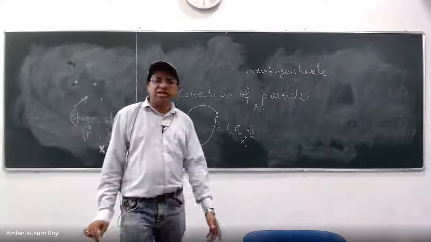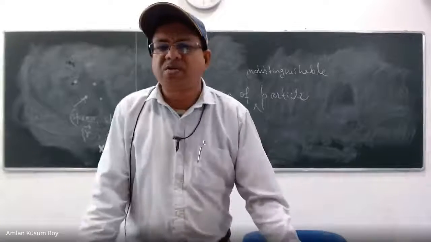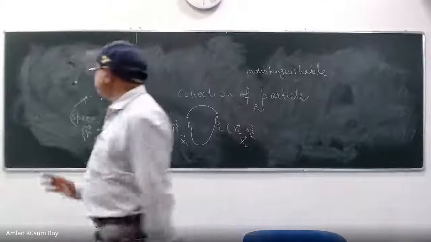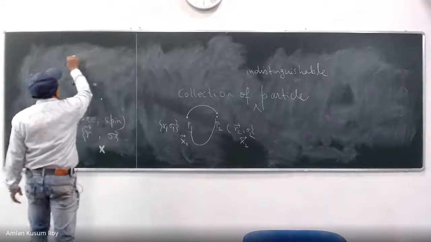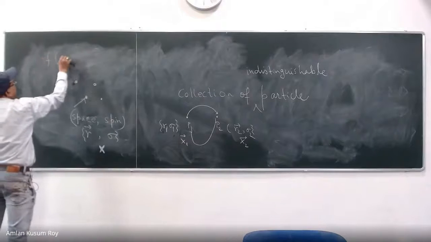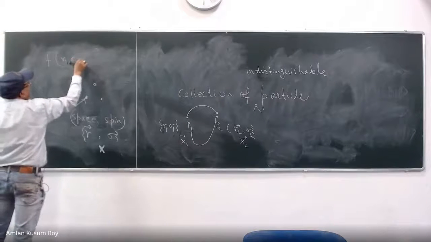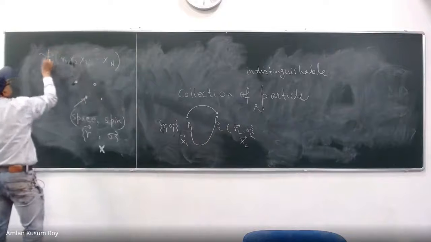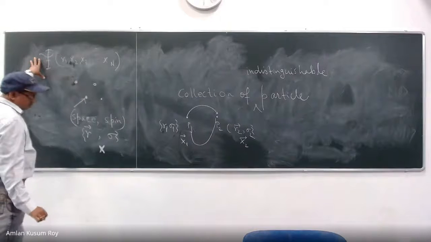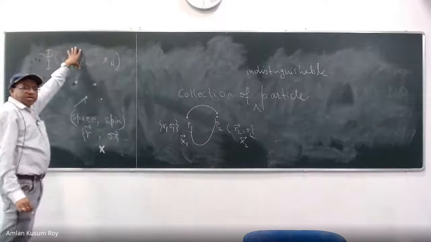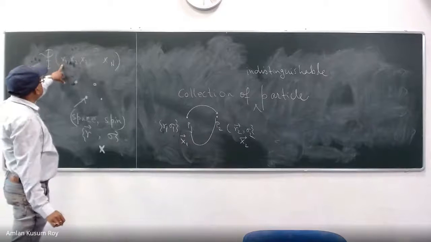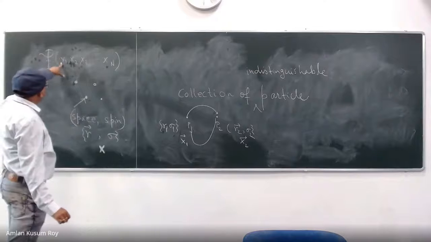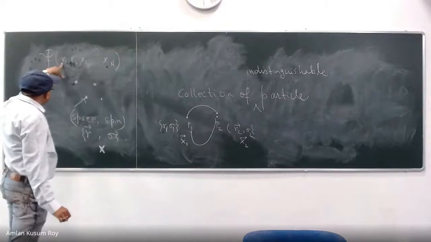Every time we say exchange, it is a very important concept which has to be discussed in the next class. There will be an operator corresponding to the exchange. Suppose I have a function of x1, x2, x3. This is a very standard notation. What is the meaning of this? Suppose this is psi, the wave function of a collection of identical particles whose coordinates are represented by x1, x2, x3 up to xn. That means each coordinate is represented by the space r and sigma.